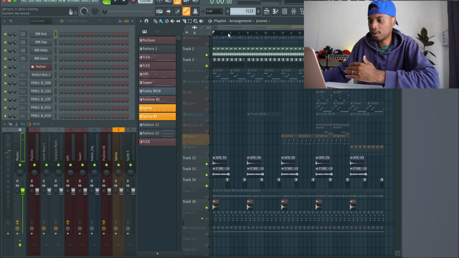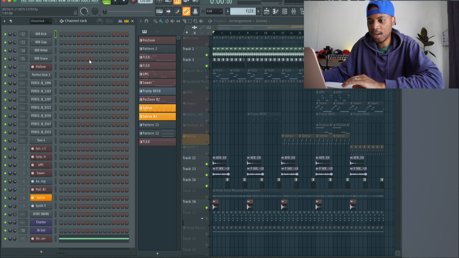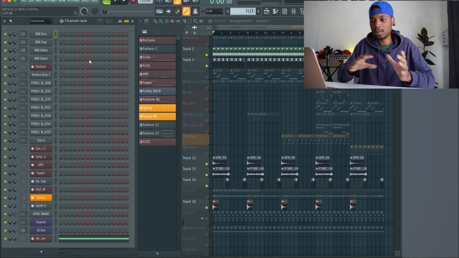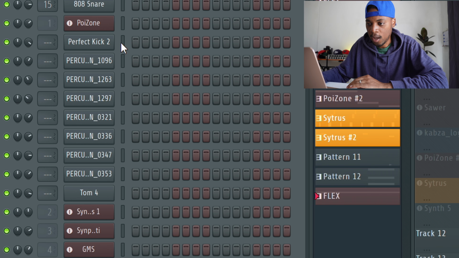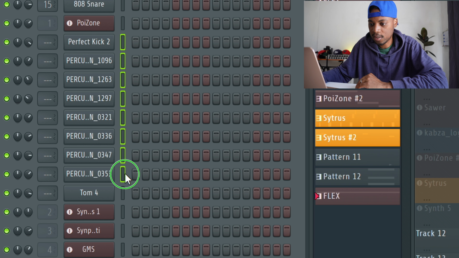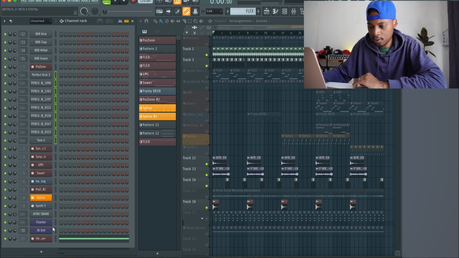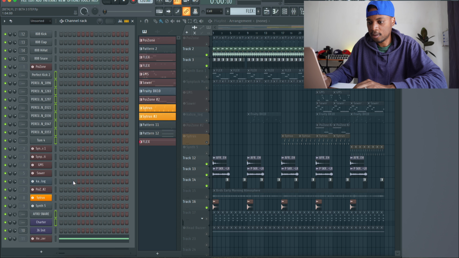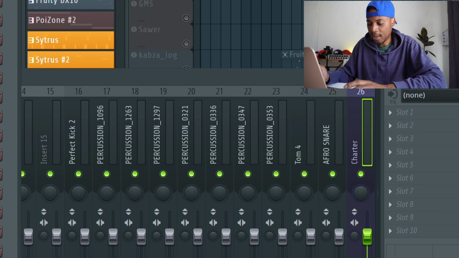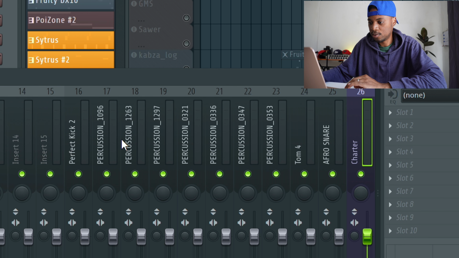So that's the drums on their own, and now I'm gonna go to the channel rack and make sure that all the drums are routed to the mixer. So I can see here my kick and my other percussion sounds are not routed to the mixer, so I'm just gonna select all of them. And also this tom is also not sent there, and I have the snare as well that is also not sent to the mixer. And I'm just gonna also select a few other things that are not sent to the